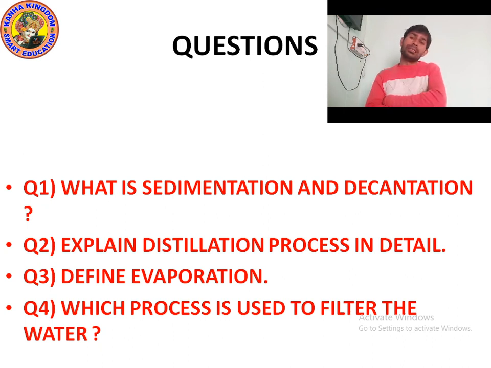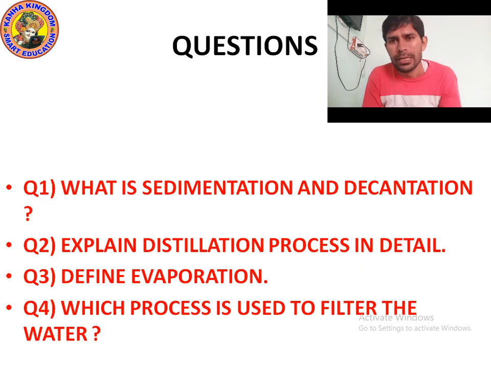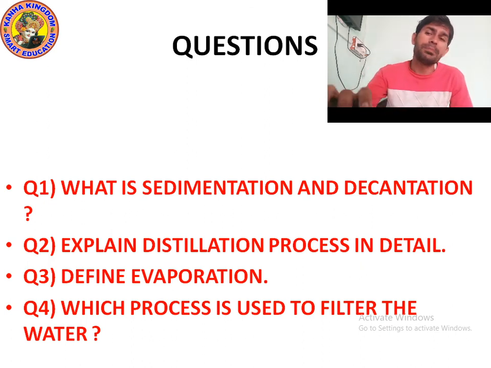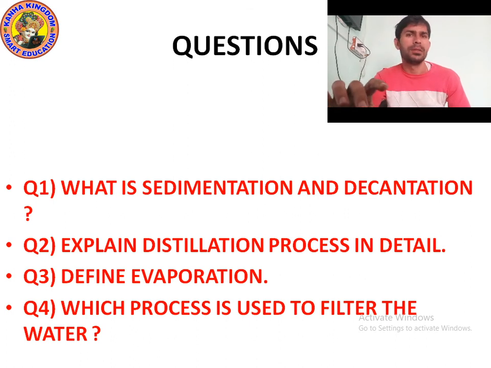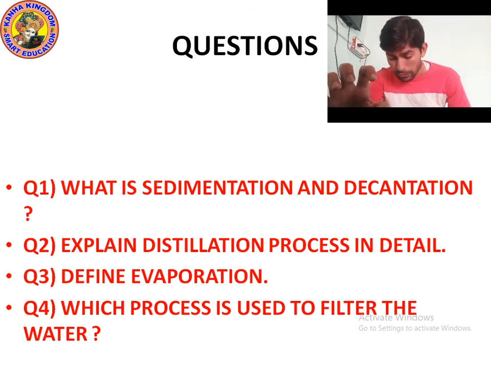So in this process, we take a flask and a burner, we attach the thermometer to the flask, we take the liquid mixture into the flask. When we boil, then it converts into water vapor. The water vapor goes into the condenser. The condenser is attached to the flask, and in the condenser it cools down, so it converts into droplets, and drops are collected as pure water in a flask, which is known as distillate.